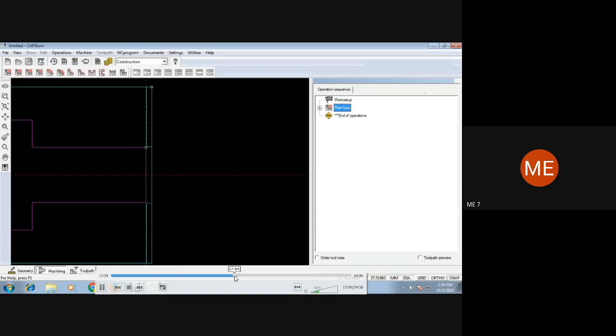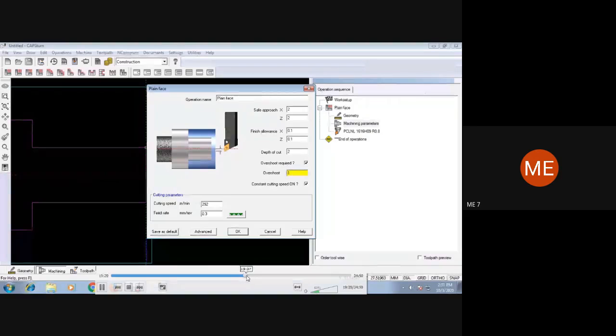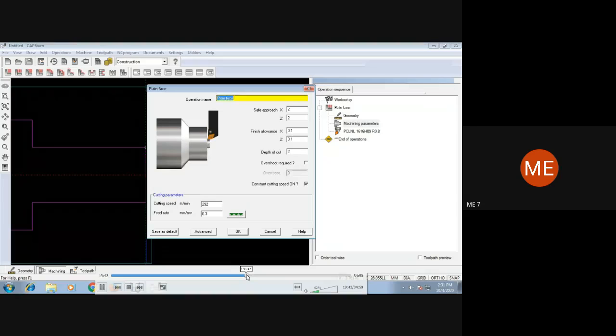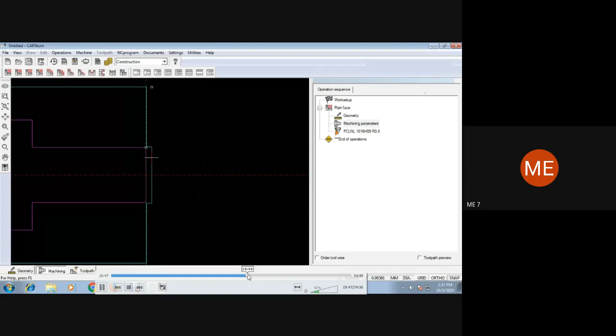Now we'll go to the next operation, which is turning.